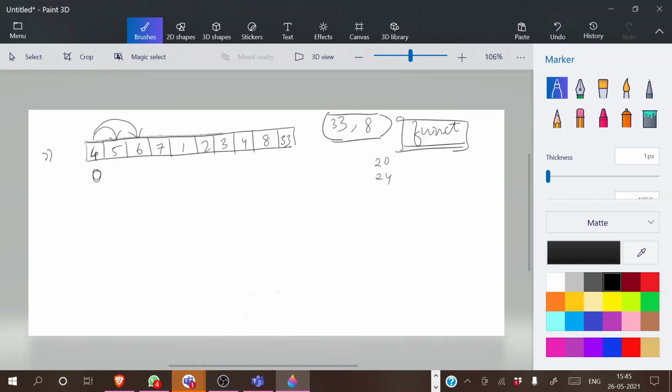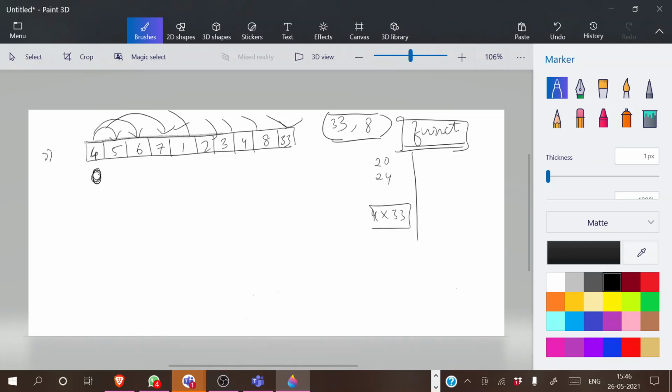It will keep that aside. So what it will do is multiply everything with this index, up to the last element. It will multiply this, multiply this, multiply it, and store along this. So when you're doing this with the first index, your highest value will be 4 into 33, right? This holds the highest value.